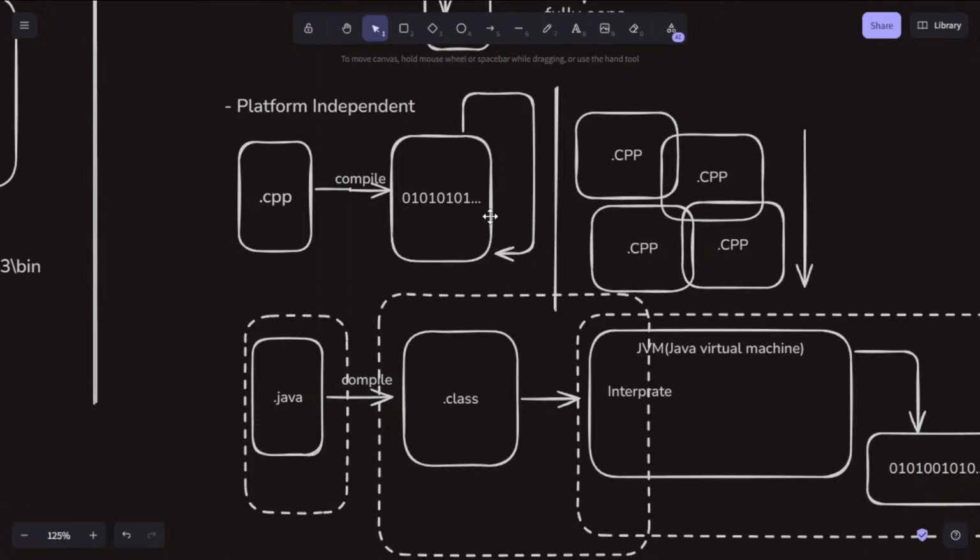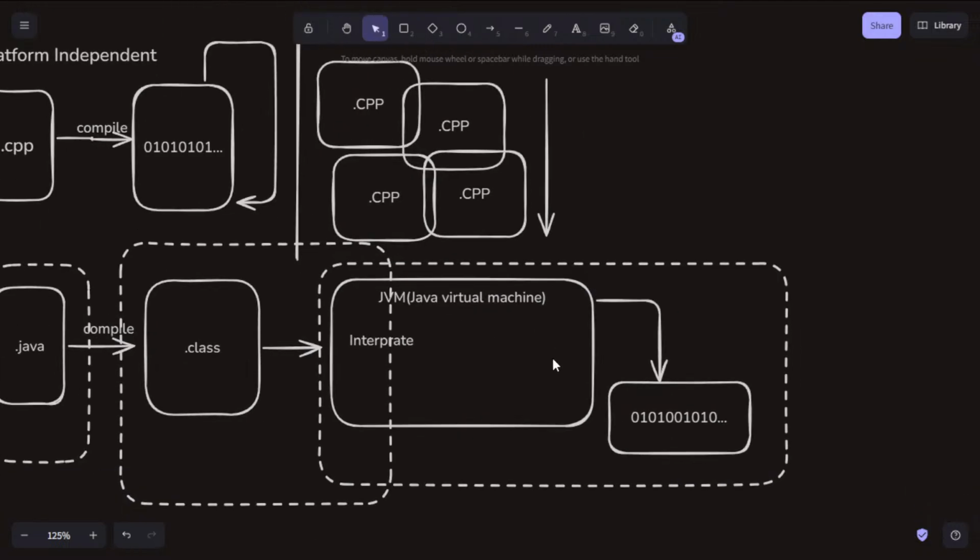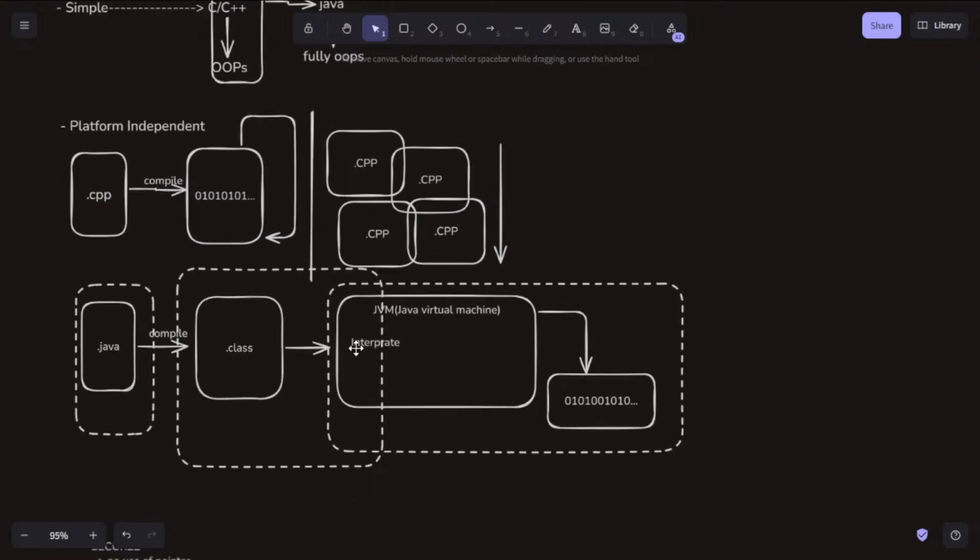Because the compiler only understands the .cpp program there, and here the compiler understands the .java program, but the architecture we use in Java is the JVM, which helps in the interpretation of the .class language, that is, bytecode. That is platform independent.